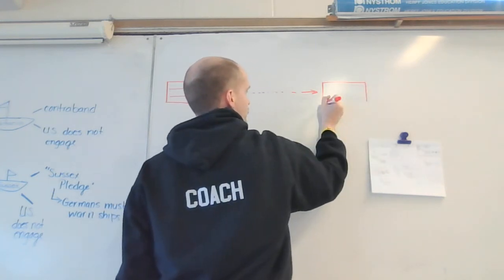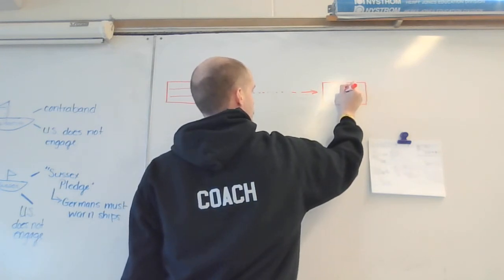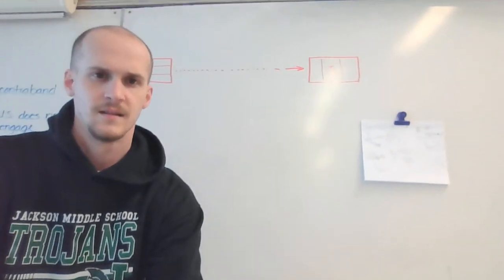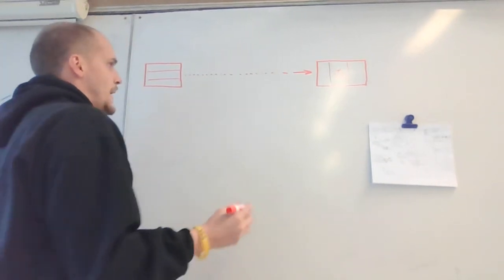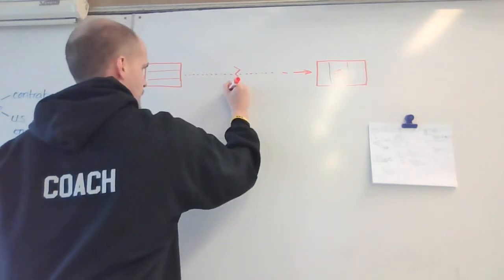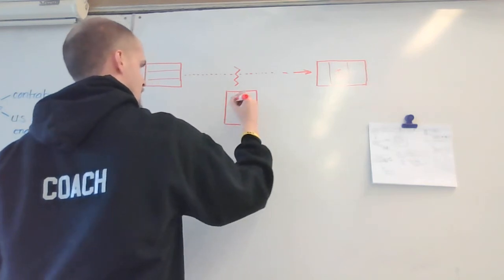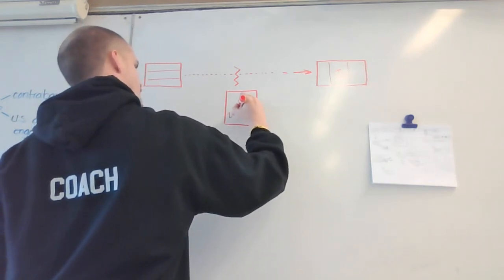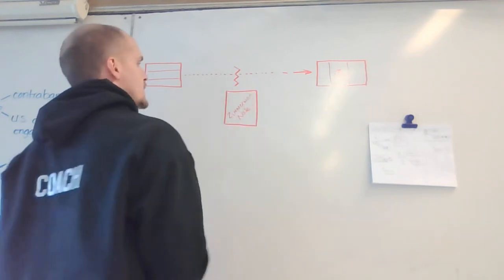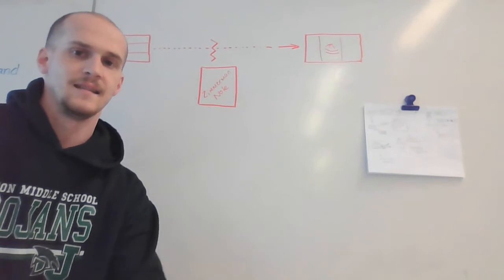Now, this is a poorly drawn flag of Mexico because I can't draw the bird, but it's something like a bird right here, and it looks very similar to that, kind of. But anyway, the problem is that chain is broken. And the Zimmerman note, which is what it's known as, is intercepted. Now, the Zimmerman note said